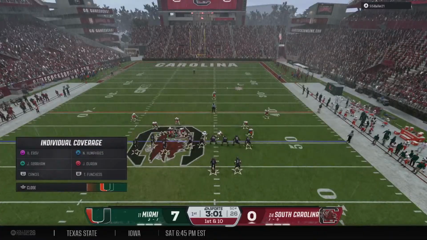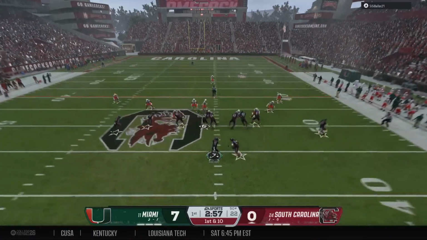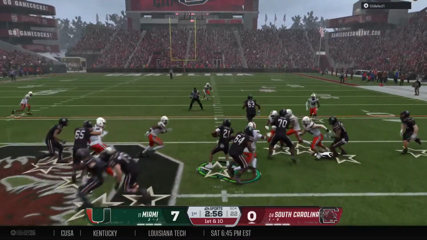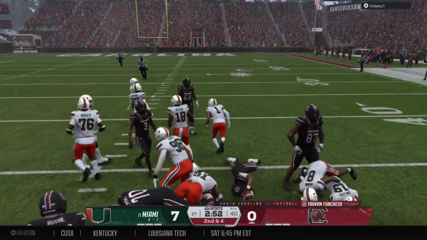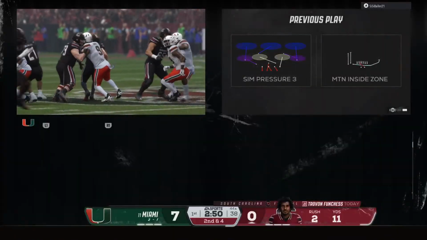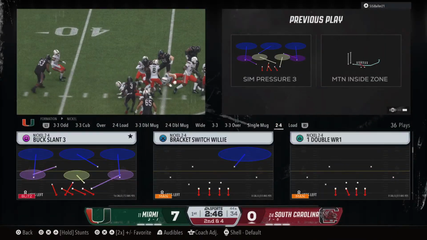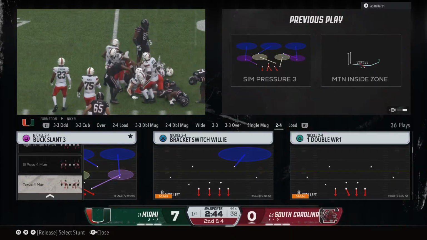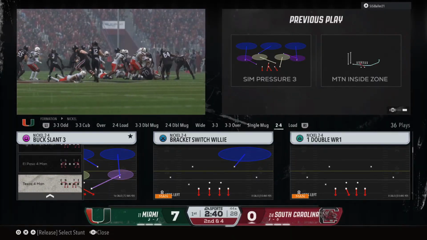And the Gamecocks are on the move. The give to the tailback. And he'll get behind those pads and deliver the blow and get it down to the 44. That's just a really nice job by the running back, making the first guy miss and going to get positive yards. This guy's got some wiggle, and you saw it on that